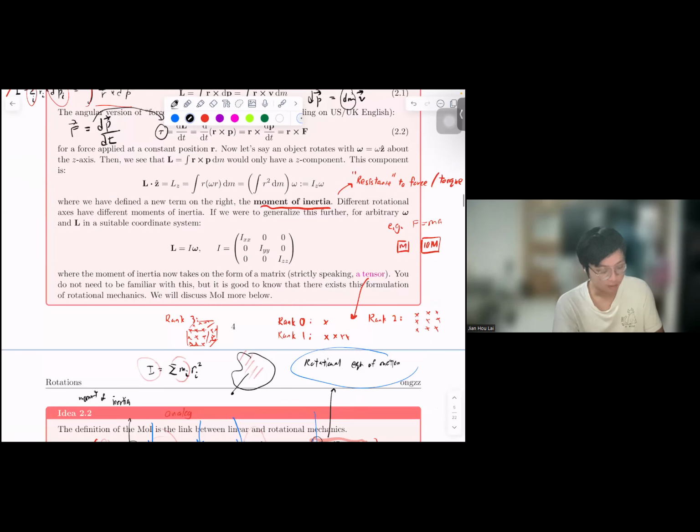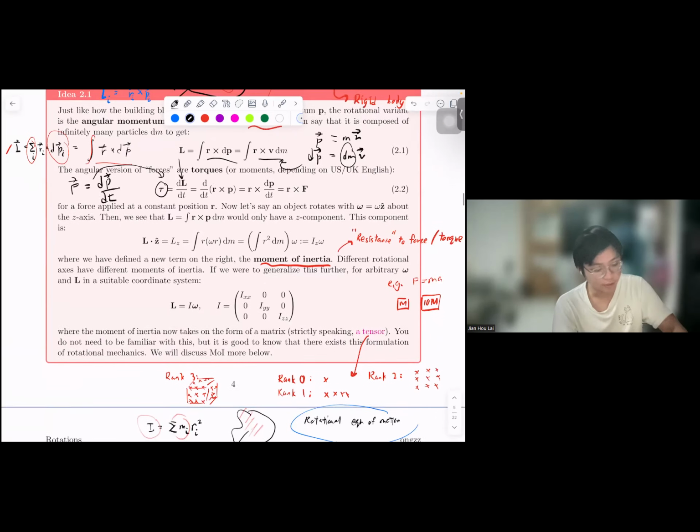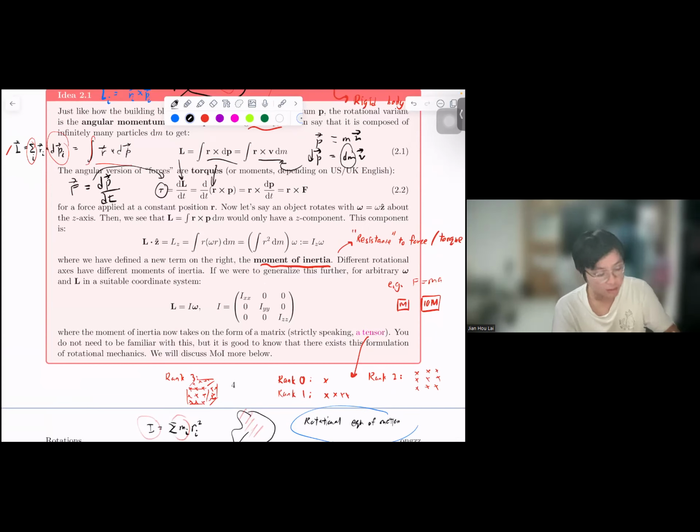Assuming that this is a constant, you can pull it out, so it will be the differential of the